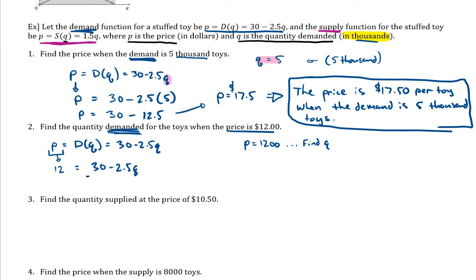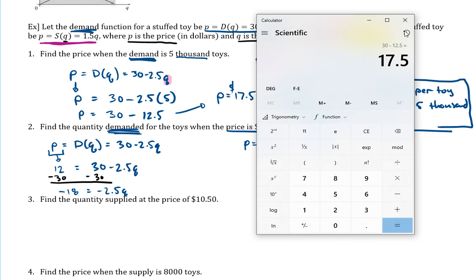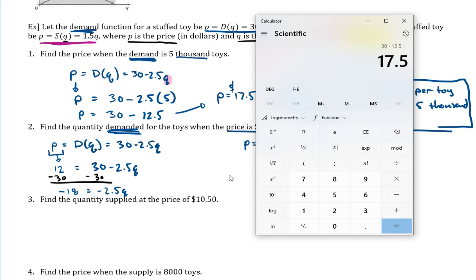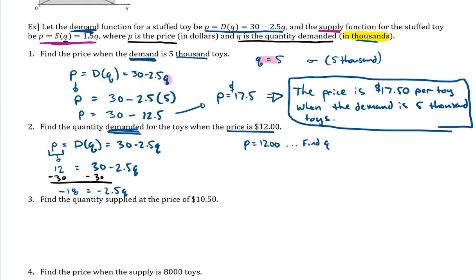In this one, we would subtract the 30 over to both sides. So we'd have negative 18 equals negative 2.5Q. And then we would need to divide both sides by negative 2.5. I'm out of room. Notice the two negatives would become positive. So I am just going to do 18 divided by 2.5, and we get 7.2. Okay, so we've got Q